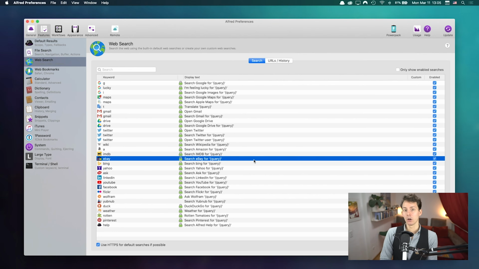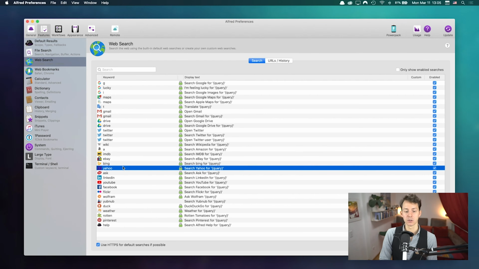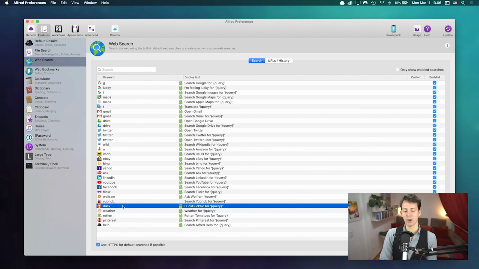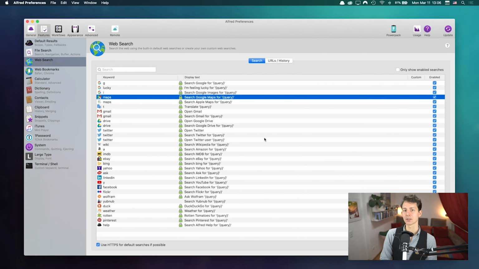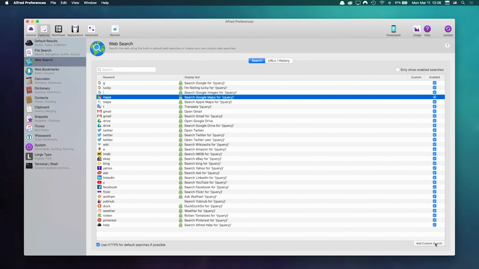This kind of depends on how you use your Mac or how you use search engines. If you prefer DuckDuckGo, you might want to set up DuckDuckGo as D. If you search for YouTube a lot, you might want to set up YouTube as Y, and so on. Now, if you want to set up a custom search like this, you can actually do that by just adding